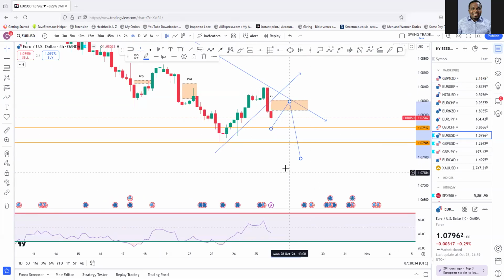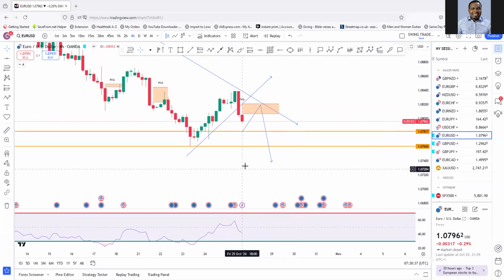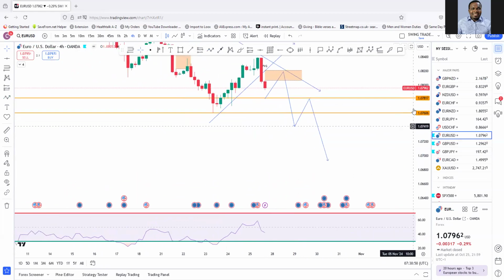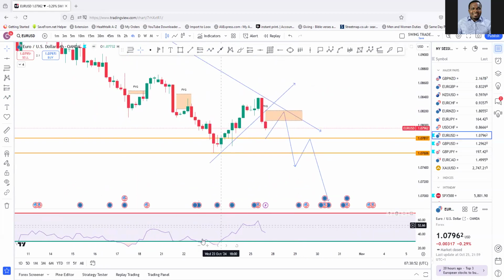So potentially, if you want to trade Euro USD, I will wait for price to break these lows and then look for a pullback into it before I trade. In other words, I'll be looking for a break outside the zone and a pullback, and then I'll look for continued sell, because these are major areas where price came to the low of the